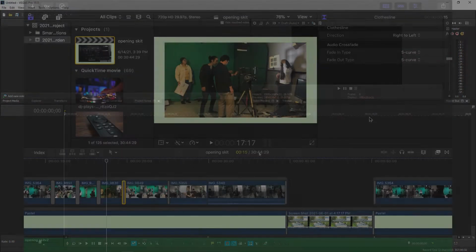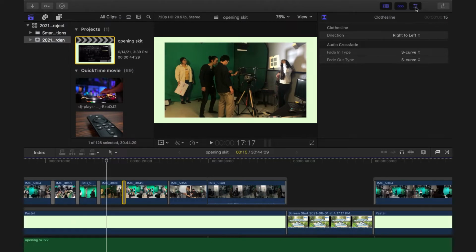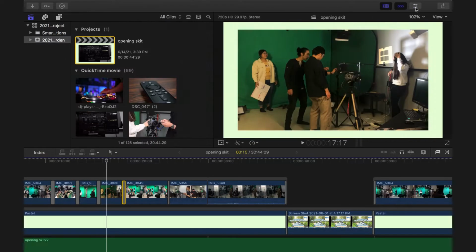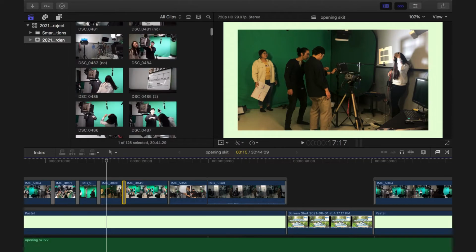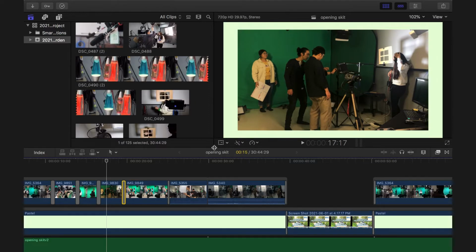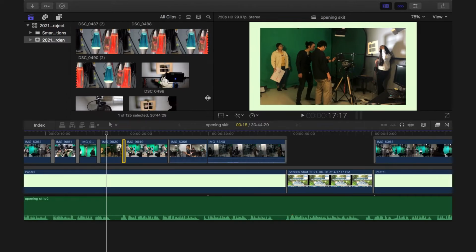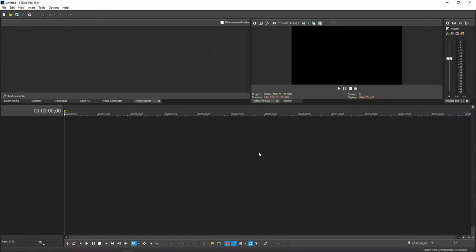For example, Final Cut Pro has its own different set of keyboard shortcuts, layouts, and flow of editing when compared to Vegas. The same can be said for Adobe Premiere, which means learning each separate program will be a new experience and will take some time.